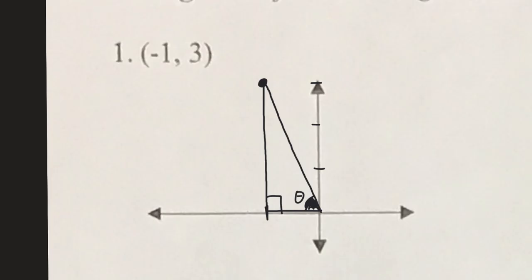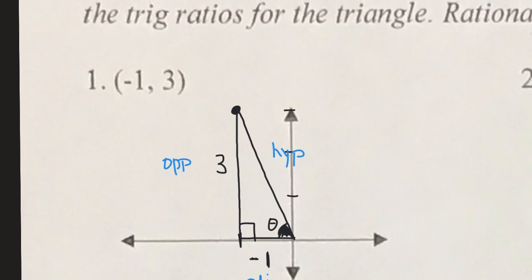So we're going to put in the sides we know. We know that the x-coordinate, or the x distance, is -1. It's to the left of our origin, so that's -1. And the y distance is 3. So for my given angle, I know what the opposite side length is, and I know what the adjacent side length is. But what side am I missing? I'm missing the hypotenuse. And how am I going to calculate my hypotenuse? By using the